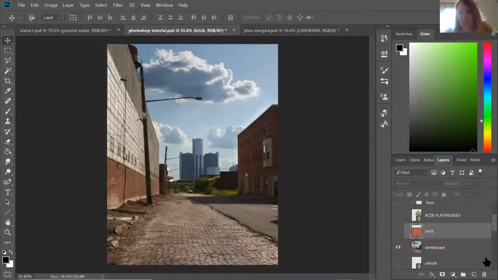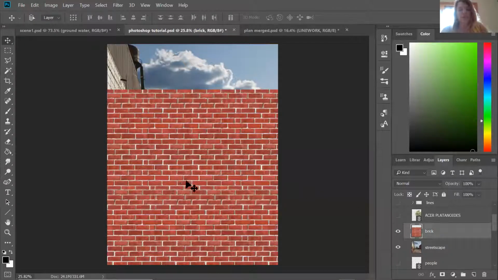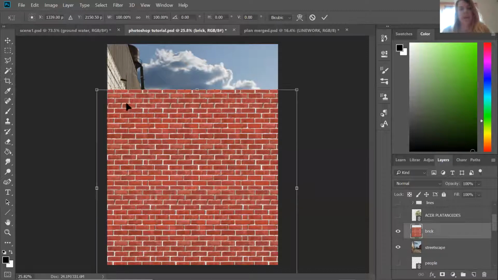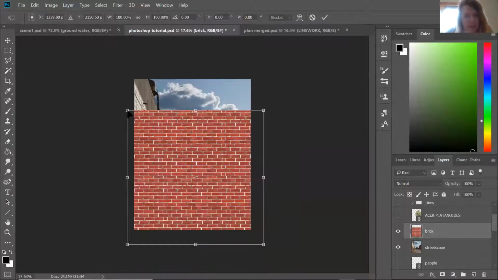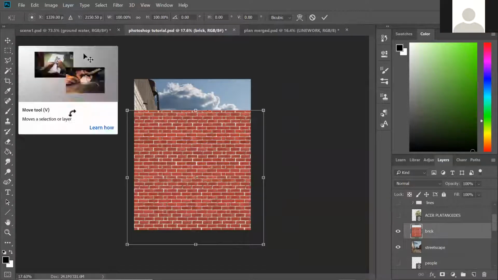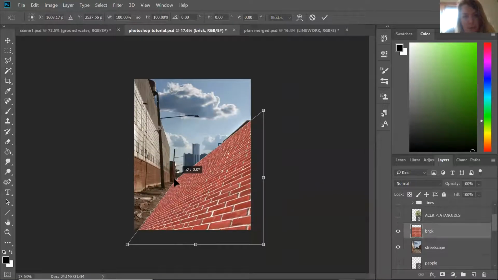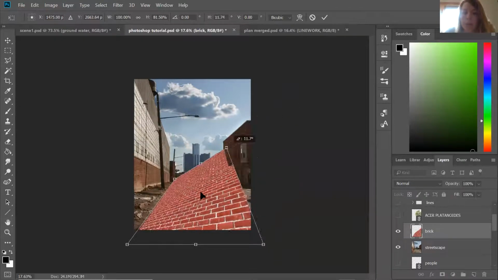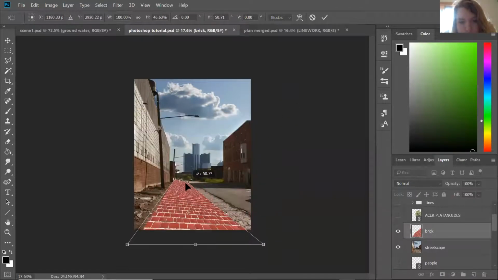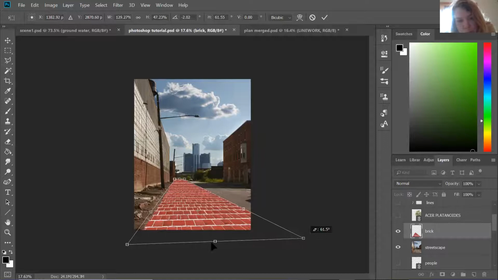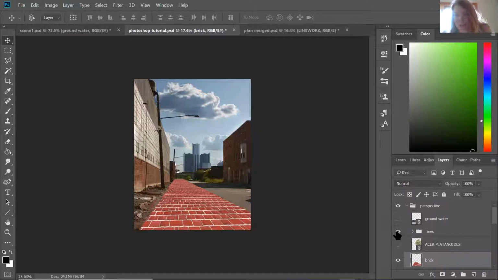Next, I'll show you how to warp things in for a perspective grid. So if we wanted to put the floor plane as something different, using Control T and then holding down Control and dragging, it warps things to be in a perspective grid instead of just your normal scaled grid. So paying attention to the way things are going in your drawing already and just moving it to go in line with those perspective lines. Sometimes I'll draw on actual perspective lines to make sure I'm staying in the grid,